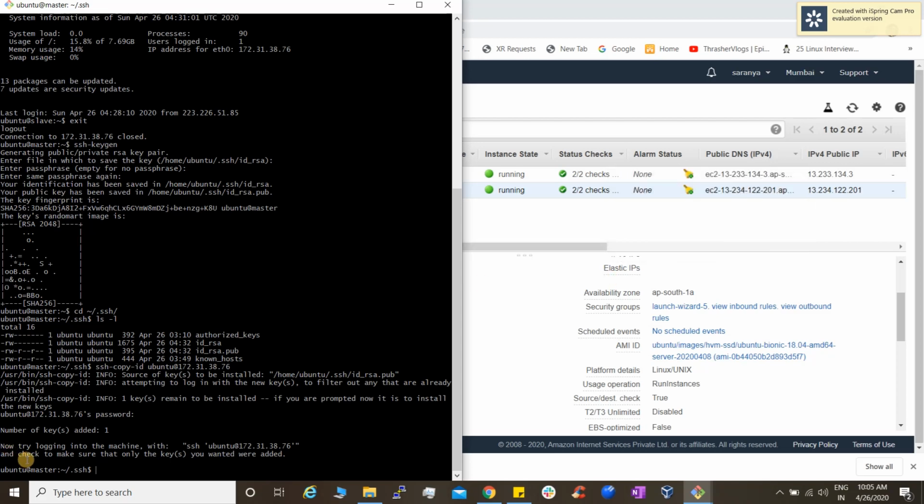Now it is telling us to try logging in to the machine with ssh ubuntu@ this one.